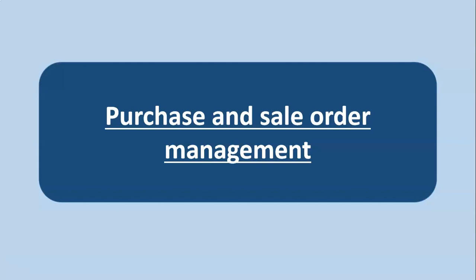Then after that you will be confirmed with the receipt of the goods. Then the supplier will raise a purchase invoice to you. You will account in the purchase invoice, which will be accounted against the receipt note. Got it? Then against the purchase you will make the payment. So this is the order you have to follow. For each and everything there will be a tracking number. So let's see how to do the purchase and sale order management in Tally Prime.